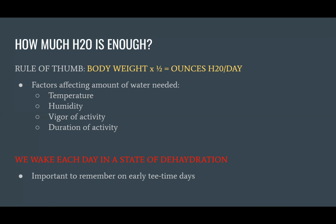So when we're looking at this, we're looking at it purely from saying, how can we cleanly hydrate without affecting some of those other factors? Because we're also going to eat and feed our system in that way. And that's how we can get things out of balance on the carbohydrate side and see some of those spikes. So I really encourage as much of this to be water as possible,